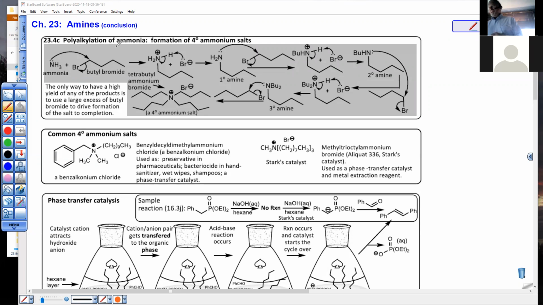Previously, we already discussed that it was not a good idea to try to make this molecule by reacting ammonia with butyl bromide, because you will only get a small yield of this molecule as it further reacts as a nucleophilic amine, just like ammonia reacted like a nucleophile here. This amine is an equally good nucleophile, and it will attack a second molecule of butyl bromide,